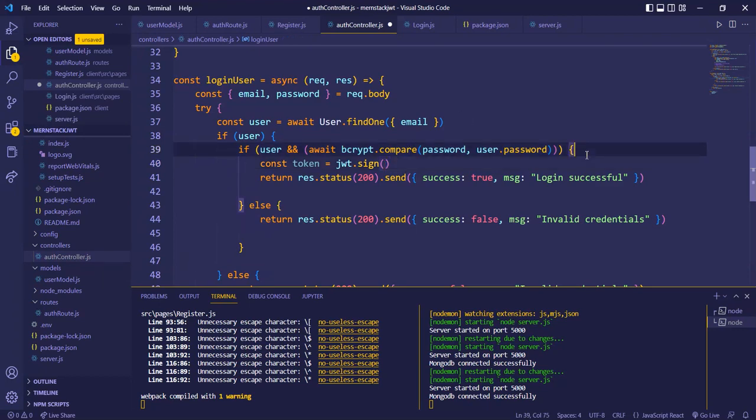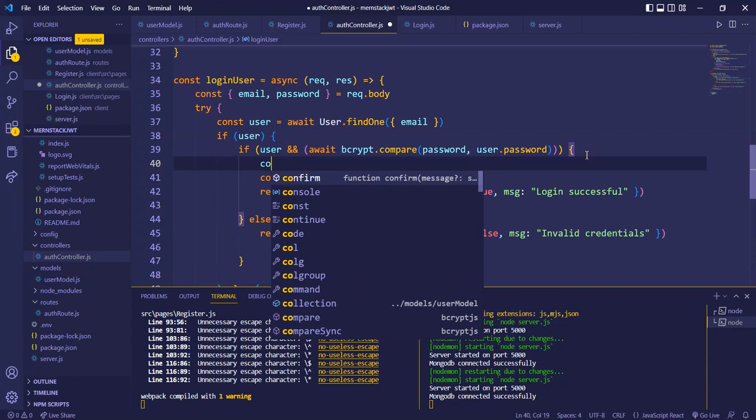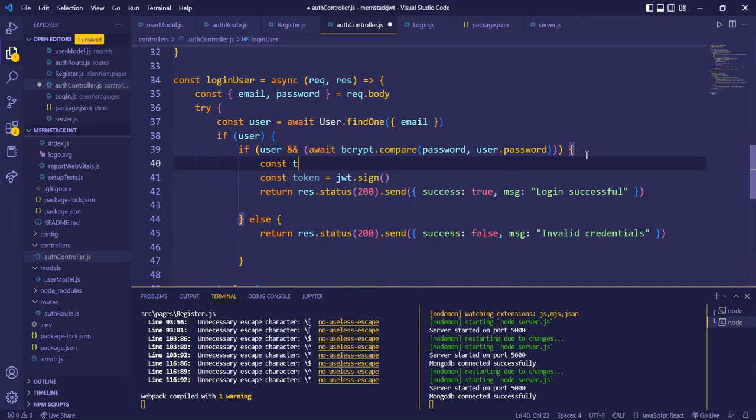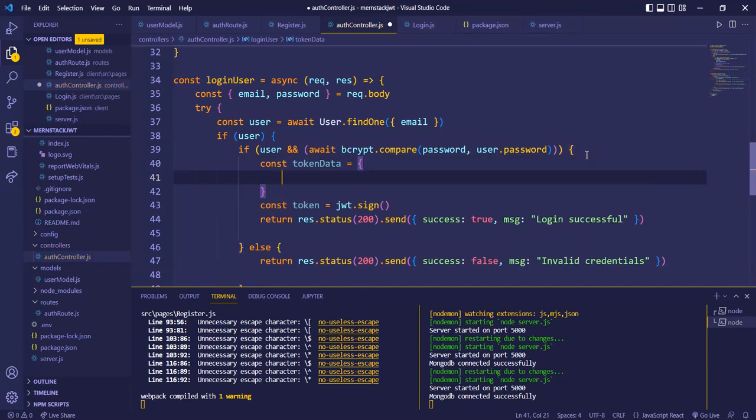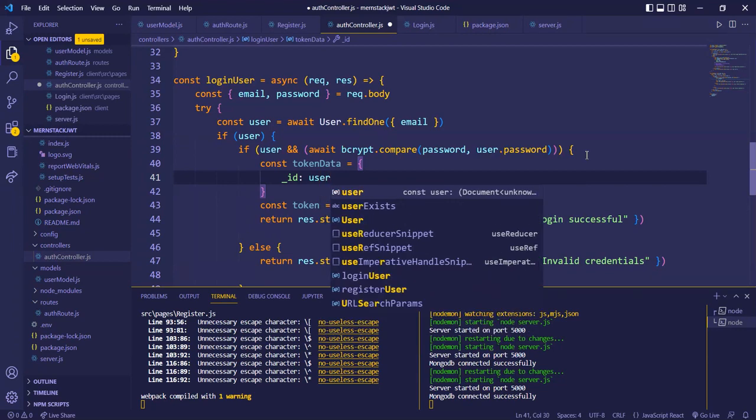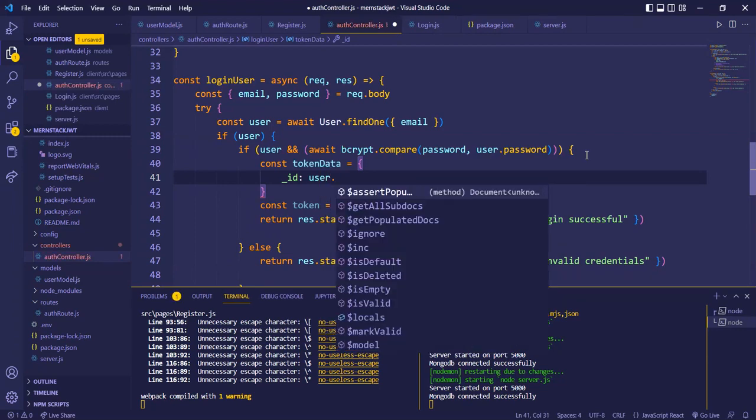So here I'll generate, so const token data equal to, here I'll have ID will be user dot ID,